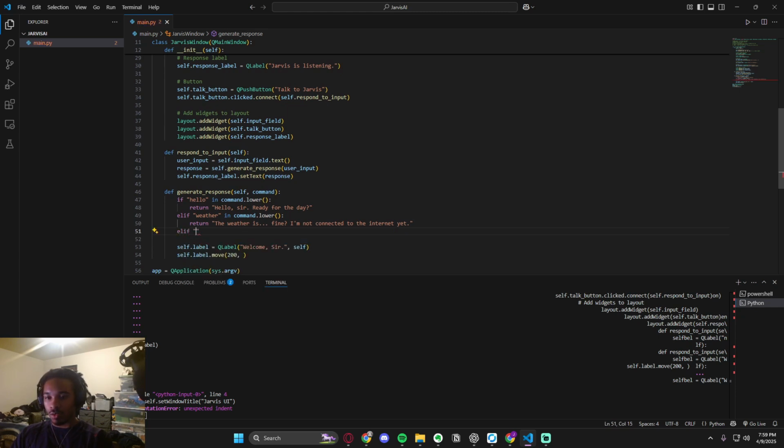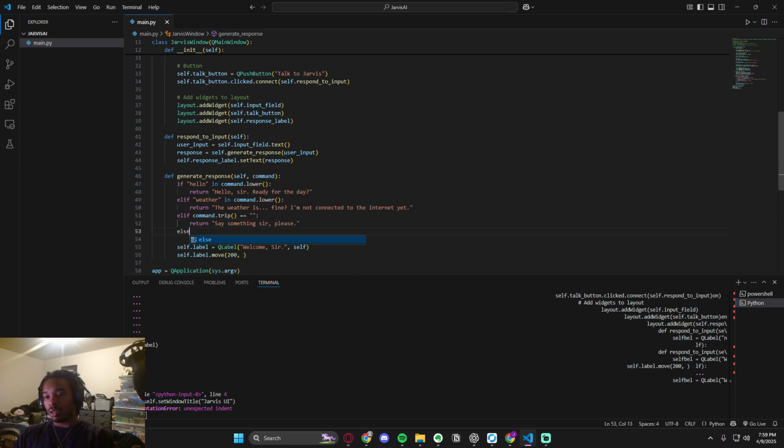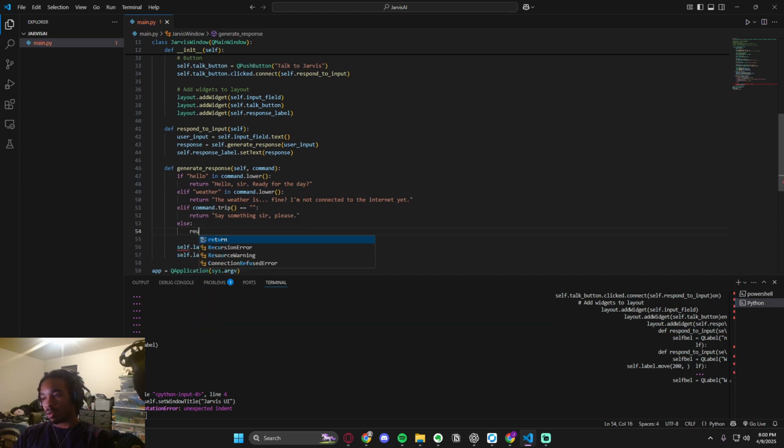Okay, so else if command strip. So I guess command strip is just the thing, so if nothing is entered, that's what this means. So if the user doesn't enter anything, it'll return, say something, sir, please. And if none of that happens, return